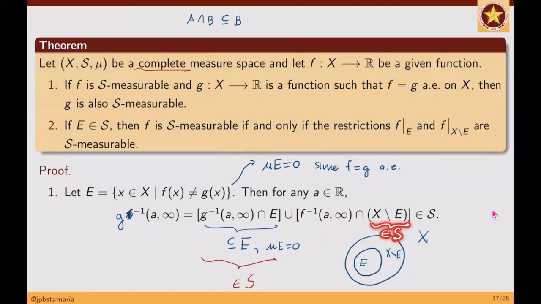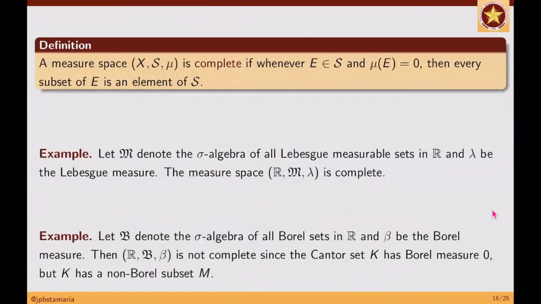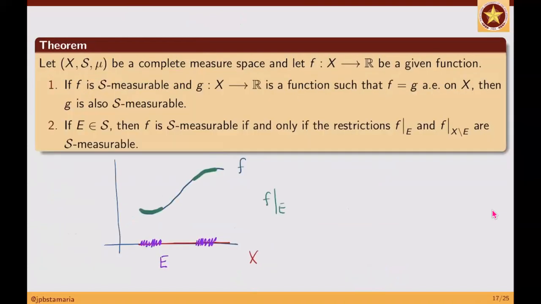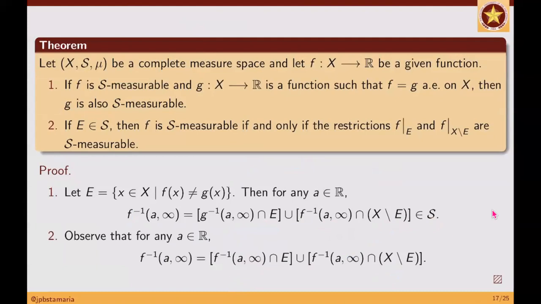Okay? Bakit measurable si E? By definition, whenever E is in S, required na si E ay nasa S for your information. Kaya ito ay nasa S. So, ang union ng dalawang bagay na nasa S should be another element of S. So, that shows that G must also be S measurable. Actually, the same will go for number 2. Ganyan din halos yung logic, except wala na tayong pinapalitan.